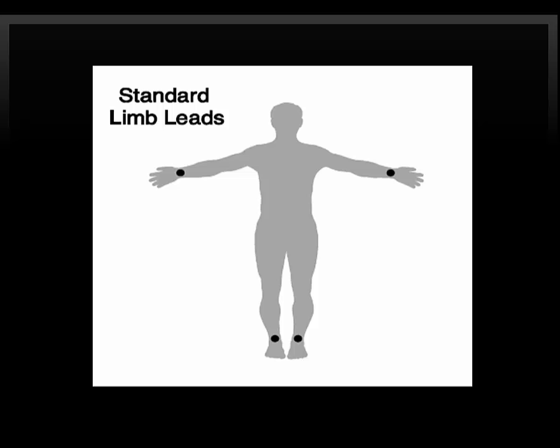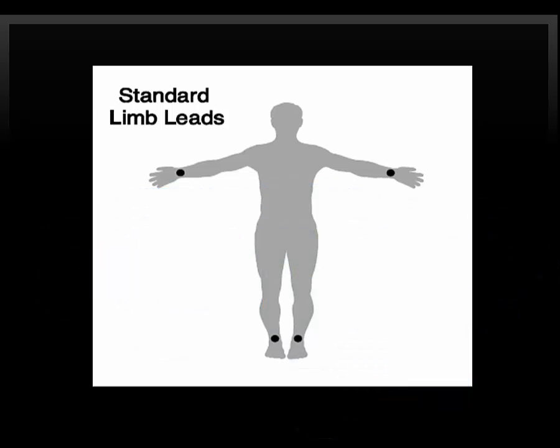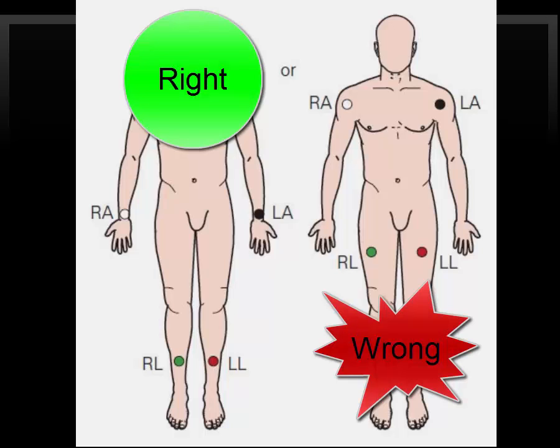So why do so many people put the electrodes on the chest? This is an example of another paradigm, or the way we've always done it. In all fairness, the leads were moved onto the chest to reduce artifact in the hospital setting where remote monitoring is allowed. However, by placing the electrodes on the chest, you can only monitor the rhythm. In order to see axis, hemiblocks, bundle branch blocks, and STEMI recognition, you must have the